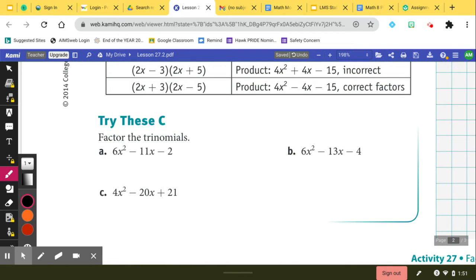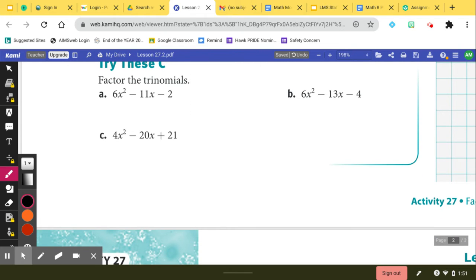So I'm just going to do C. I need two numbers that multiply together to be A times C and add together to be B. Well, A times C, 4 times 21, would be 84, and they need to add together to be negative 20. So I'm just thinking of factors of